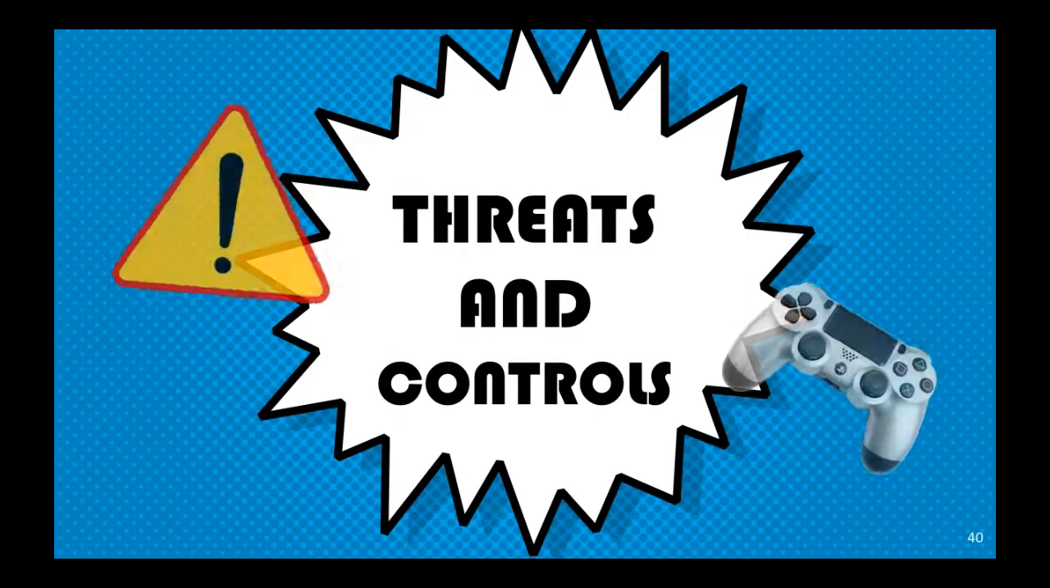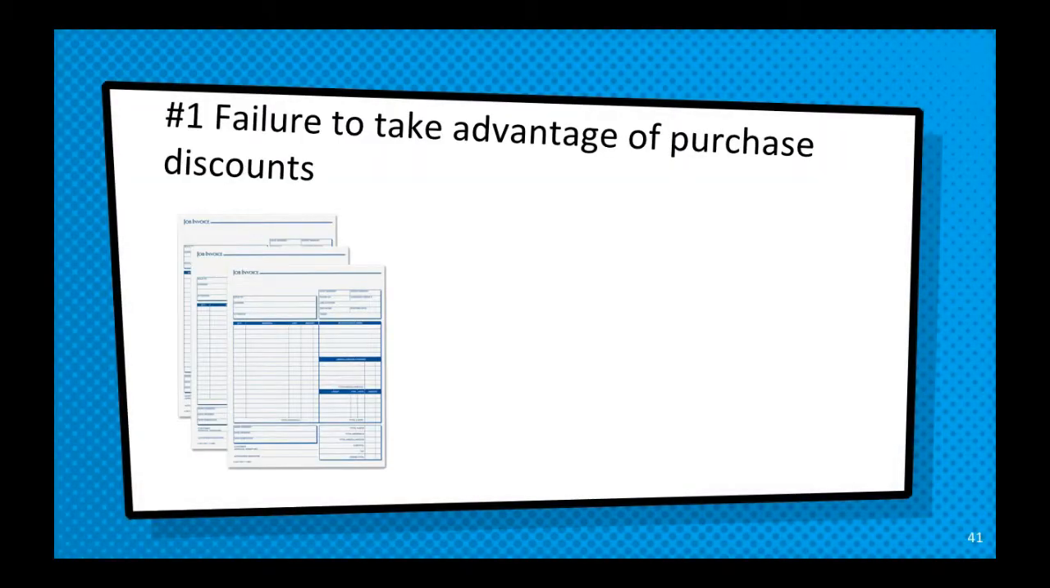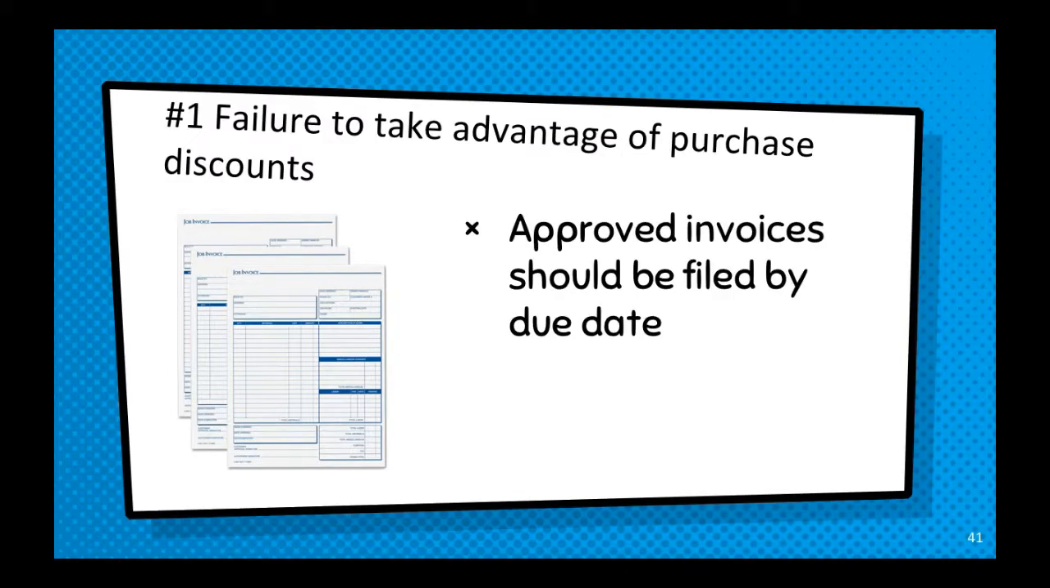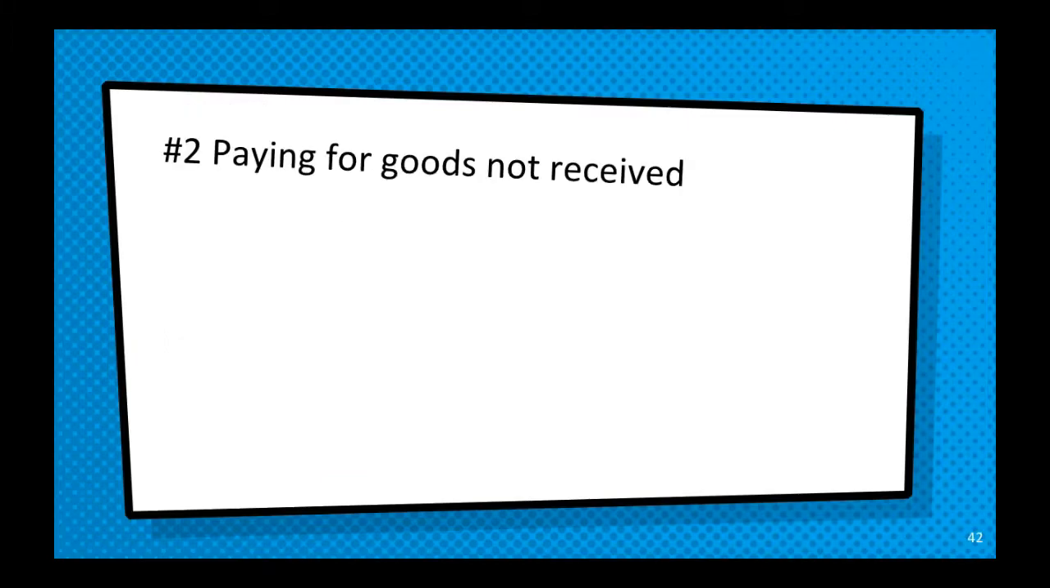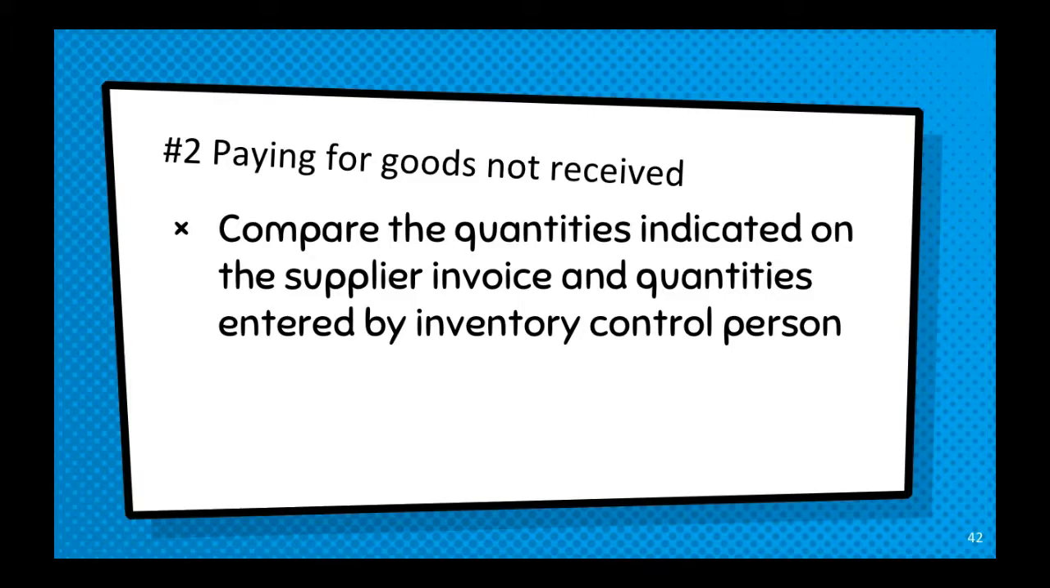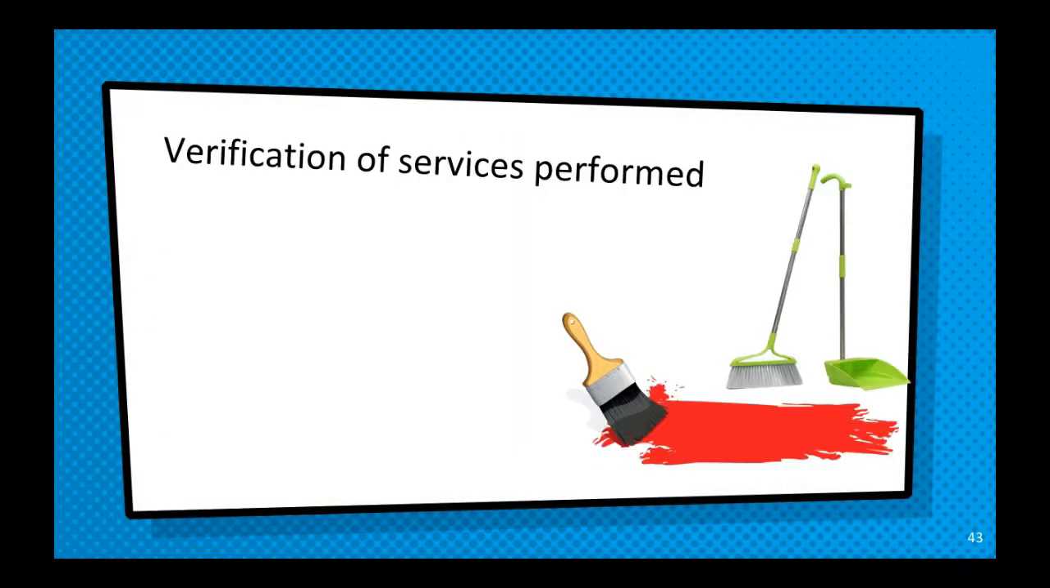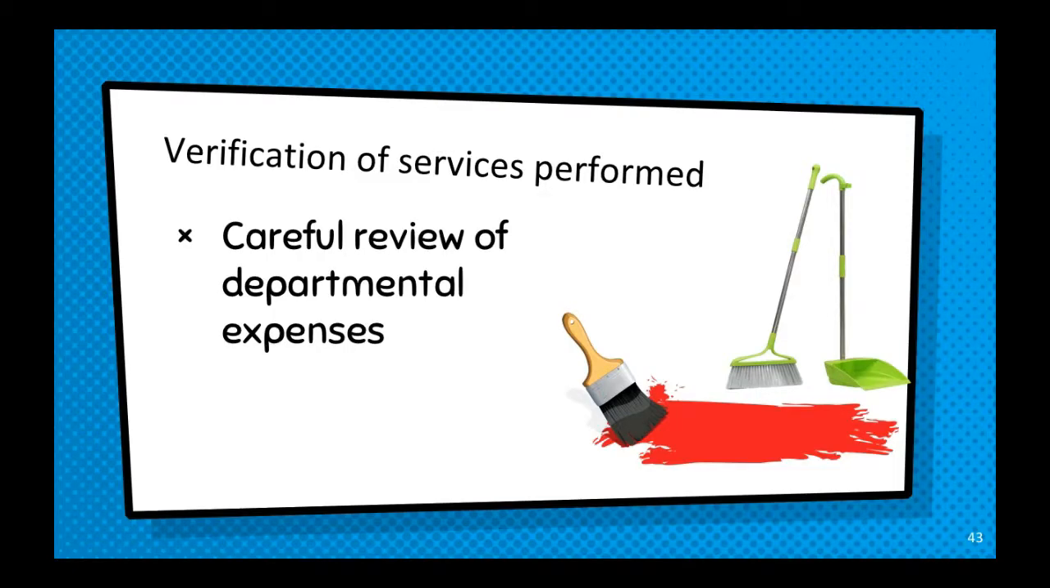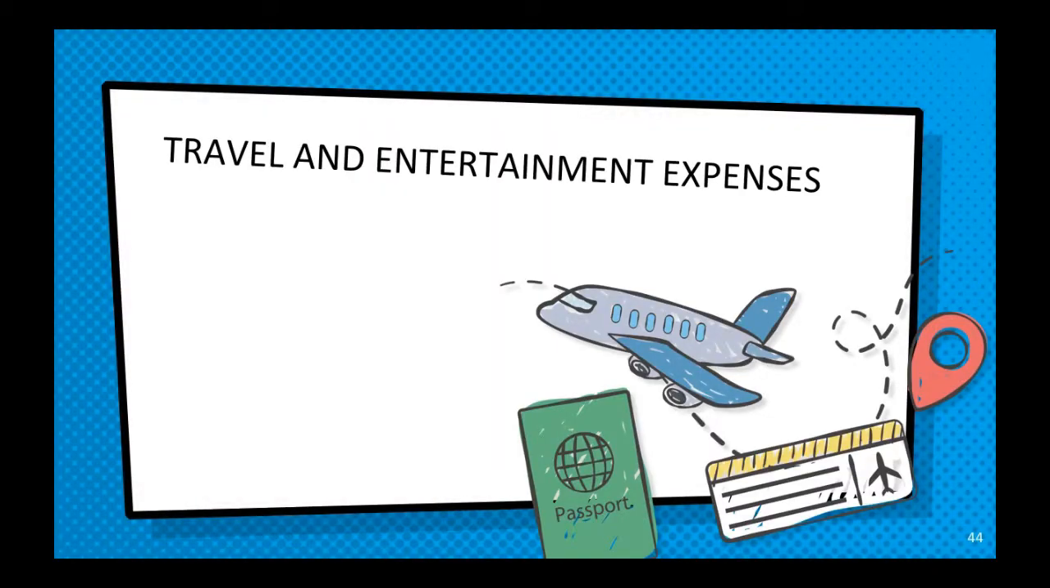Threats and controls. 1. Failure to take advantage of purchase discounts. There should be proper filing, such as having approved invoices filed by due date. 2. Paying for goods not yet received. Compare quantities indicated on the supplier invoice with the quantities entered by the inventory control person. For verification that services were performed, such as cleaning or painting, this can be done through carefully reviewing department expenses. For travel and entertainment expense,